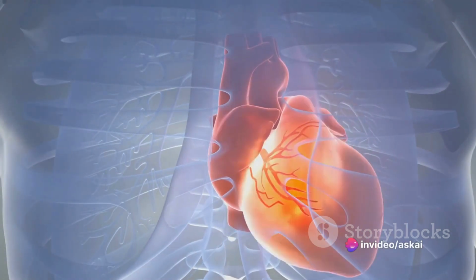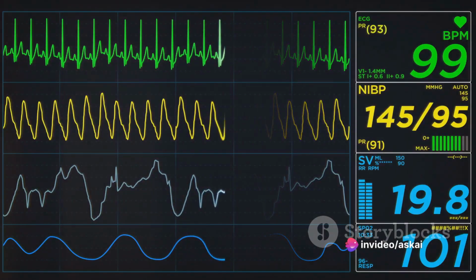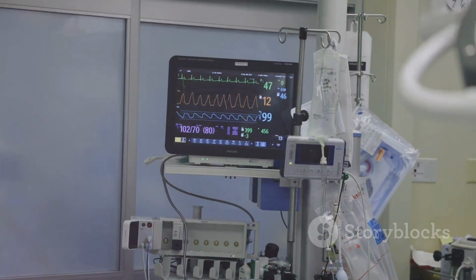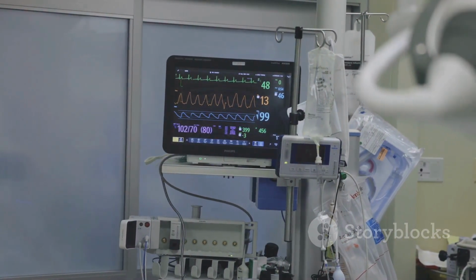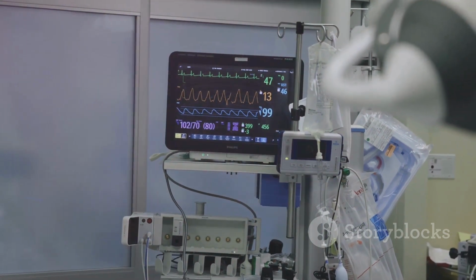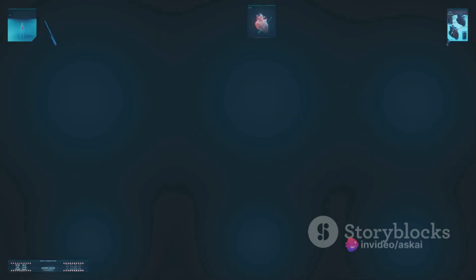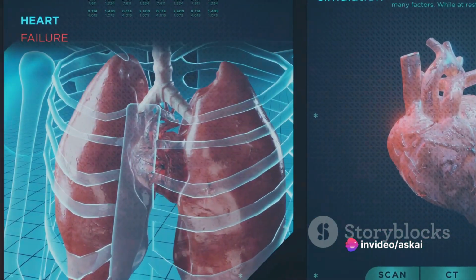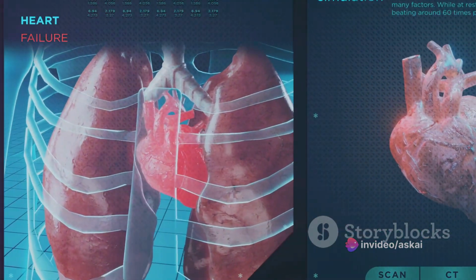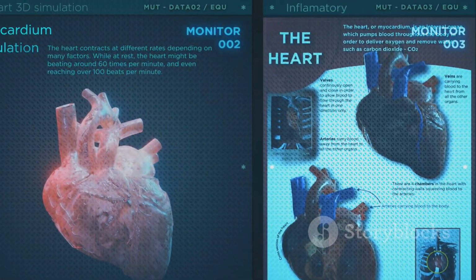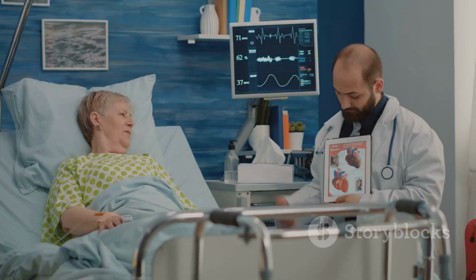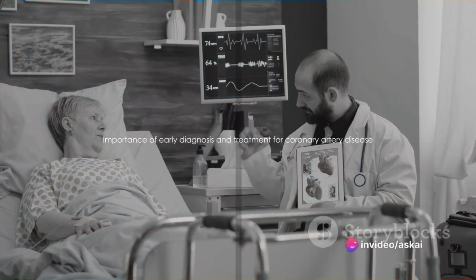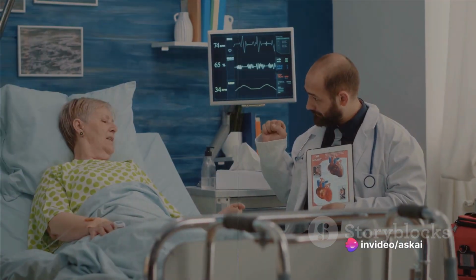In addition to this, irregular heartbeats or arrhythmias can develop. These may cause the heart to beat too fast, too slow, or irregularly, leading to a range of symptoms from fatigue and dizziness to sudden cardiac arrest. Heart failure is another serious complication. This condition means that your heart can't pump blood as well as it should, leading to fluid buildup in the lungs and swelling in the legs and abdomen. Lastly, sudden cardiac death can occur without any prior warning signs. These complications underscore the importance of early diagnosis and treatment.